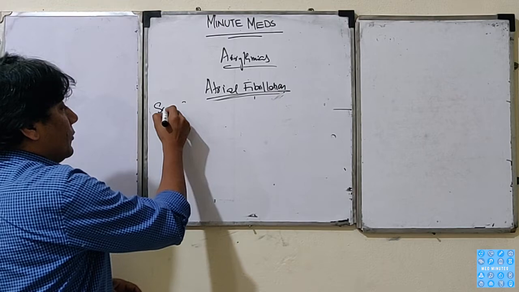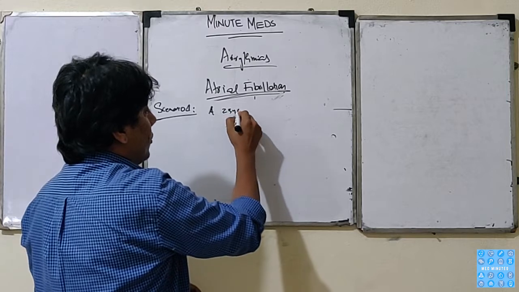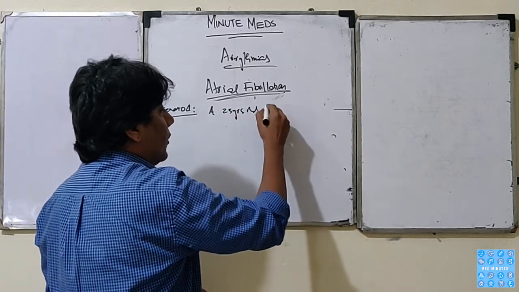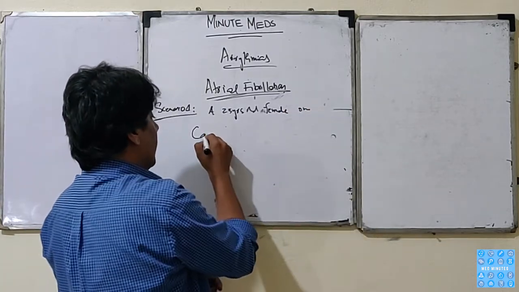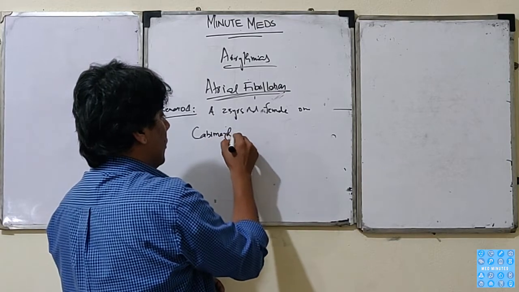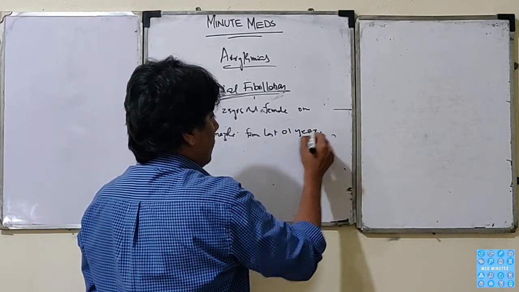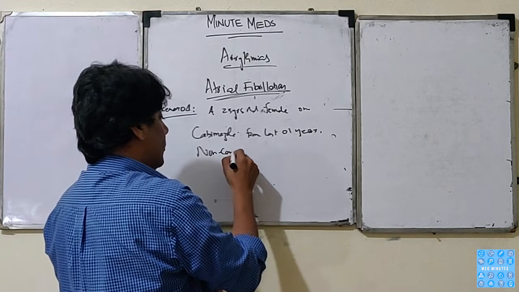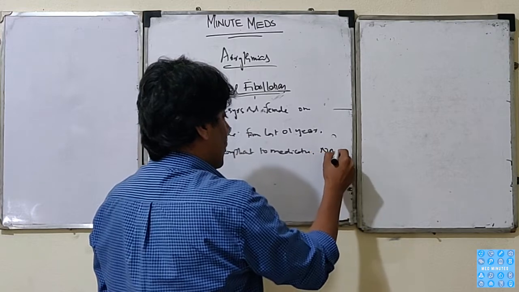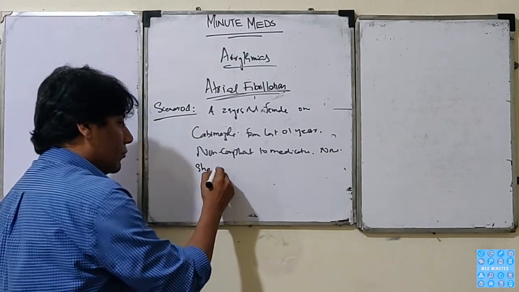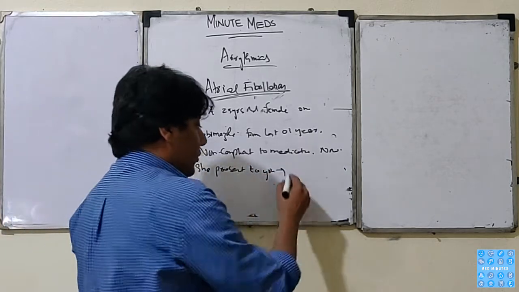Now the first scenario is a 23-year-old female on carbimazole from the last 1 year. She is non-compliant to medication. Now she presents to you with palpitations,